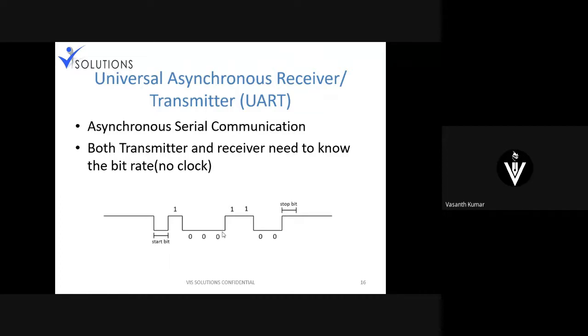UART is always unidirectional. What is unidirectional? From transmitter to receiver, it's only one direction. If you want the receiver to speak up, you have to make one more connection in parallel, so that the receiver acts as a transmitter and the previous transmitter acts as a receiver. They follow the same architecture: start bit, 8 bits with the baud rate specified well in advance, and how many stop bits.